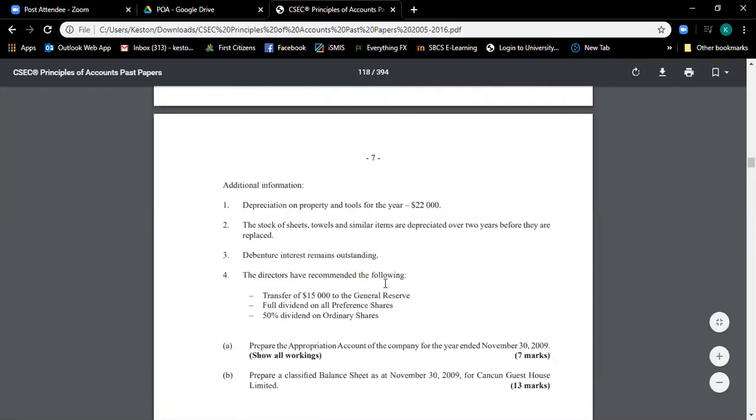Right? The directors have recommended the following. So it has not been done. Full dividend on all preference shares and then 50% of the ordinary shares. Again, we would have done some working for this and we would have looked at that previously. But just to recap,